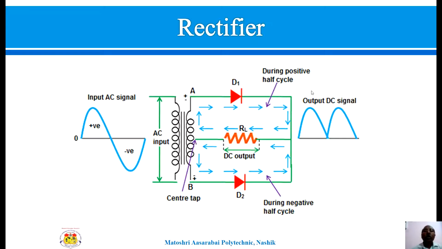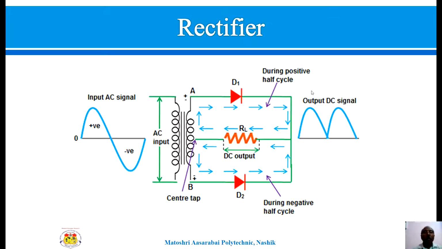Now we can use the diode as a rectifier. The best application of the diode is as a rectifier. Rectification is a process that converts the AC signal into a DC signal. Here we have the full wave rectifier. The transformer is there, a center tap transformer. Here two diodes are connected, and we have the load resistance RL. Here we are using a step down transformer to decrease the AC voltage, because we don't want 230 volt, we want like 10 volt, 15 volt, etc.